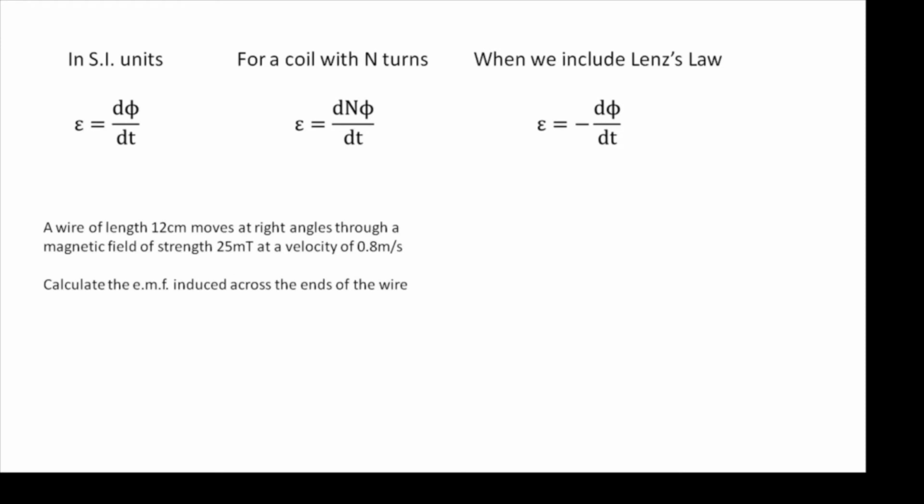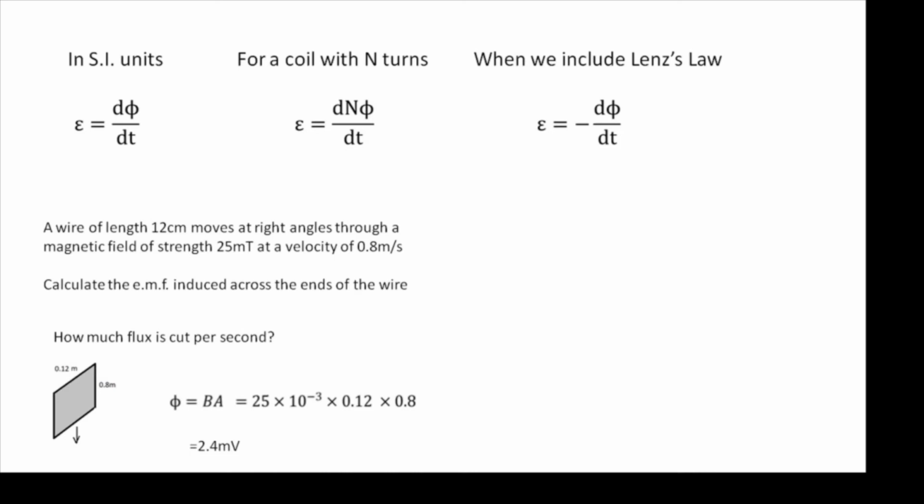Here's a question for you to have a go at. A wire of length 12 centimeters moves at right angles through a magnetic field of strength 25 millitesla at a velocity of 0.8 meters per second. Calculate the induced EMF across the ends of the wire. And the answer is